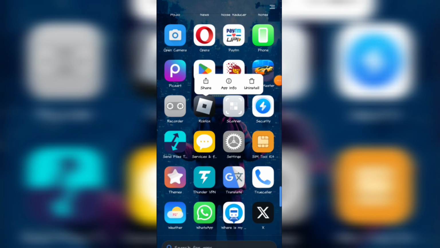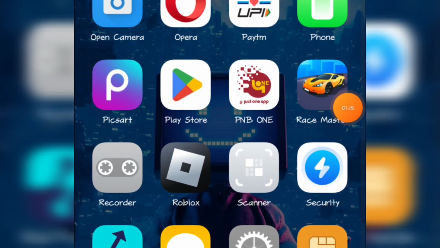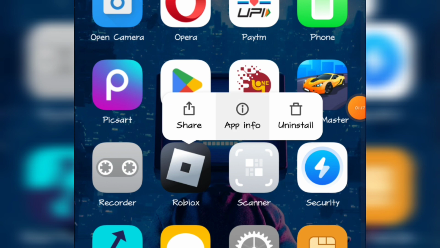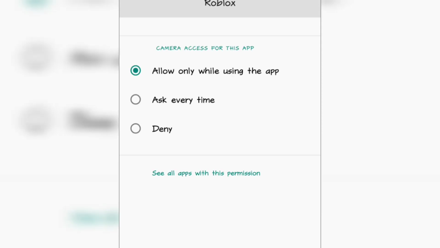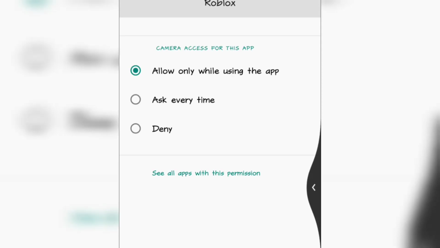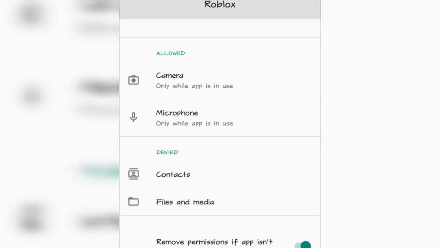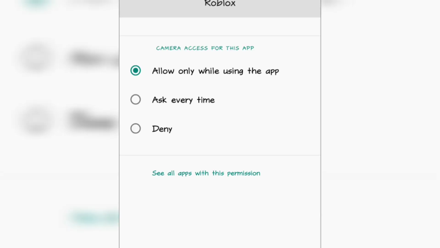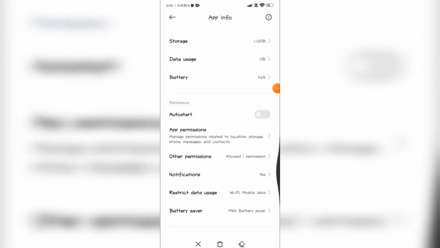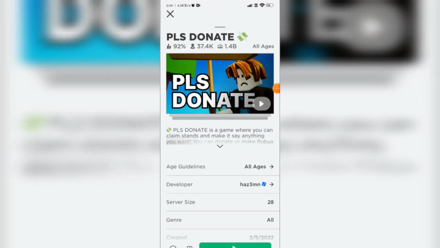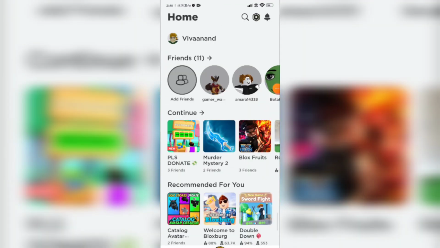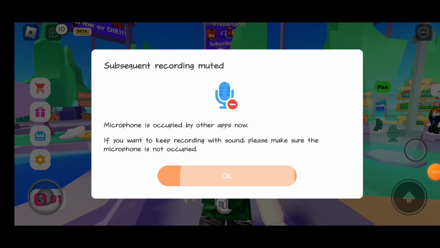So to enable the camera, guys, to access the camera, you have to hold the app and go to app info, and in app info just go to permissions and make sure it allows camera permission in the background. Usually it's in the denied option, so you have to enable it and choose allow app, allow camera whenever it is used. So now you just need to open the game and start using